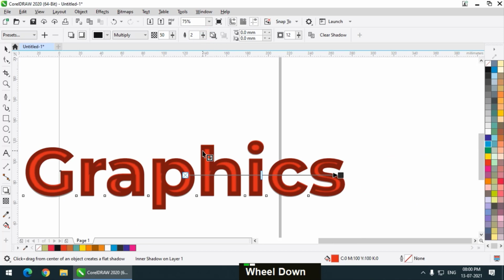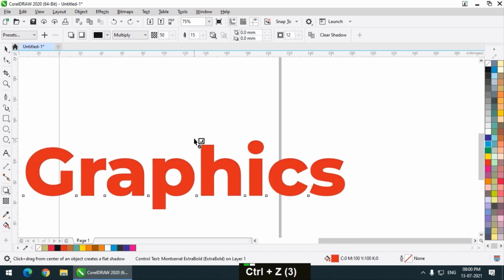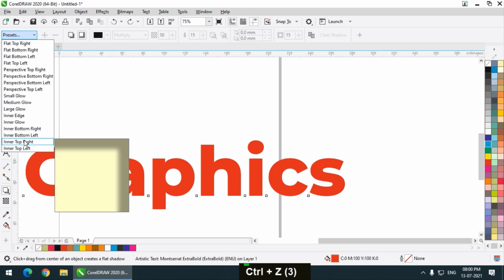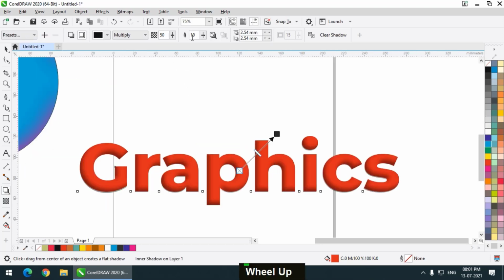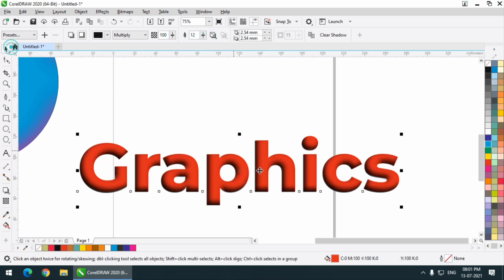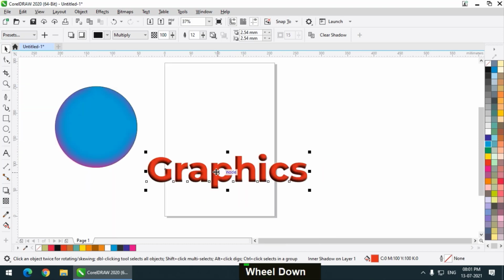So this is how it looks. And if I want to use it from one side, this is what I'll do, I will apply this. Yes, so this is how it will look. Then I can change the opacity, then I can again change the feather value as per my liking. So I'm keeping it to, let's say, 12. This is looking pretty good. This almost looks like a 3D shape.